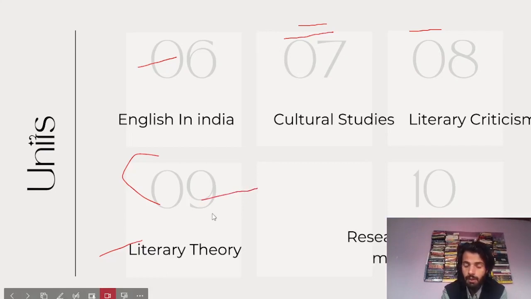What you have to do in this area is first build the conceptual understanding related to a particular theory. For example, structuralism. You'll know what is structure, how a text follows a structure, how the mechanism of structuralism works. Then you will do the authors related to structuralism. Then you will do the particular movements, if there are any, related to structuralism, and then you will do the important books related to structuralism written by those authors. And first and last and very important, the important terms related to structuralism. So these things have to be kept in mind.